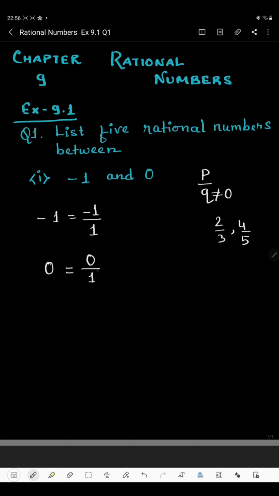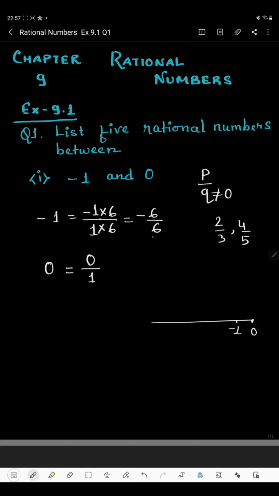Now we have got 1, but we are not getting any numbers in between. Suppose here is 0, and -1 comes before 0. So we are not getting any numbers in between. So what you have to do, we will have to take any number to multiply. It means we will have to make the number bigger to get the numbers in between. This can be an unlimited number. So if I take 6 to multiply the numerator, the same number will be multiplied by the denominator. So here we are getting -6 by 6.